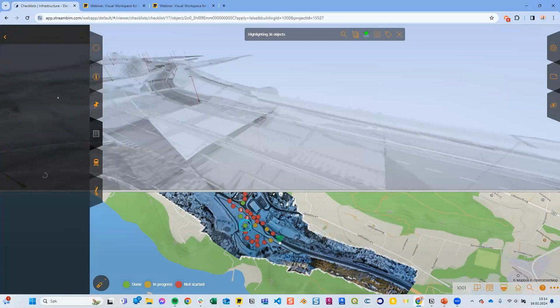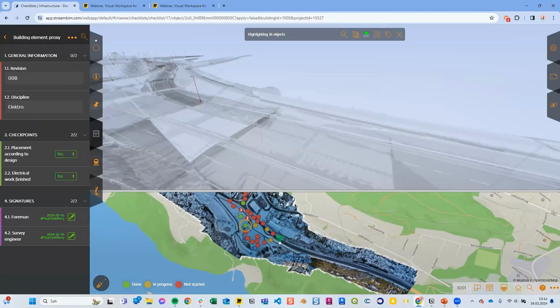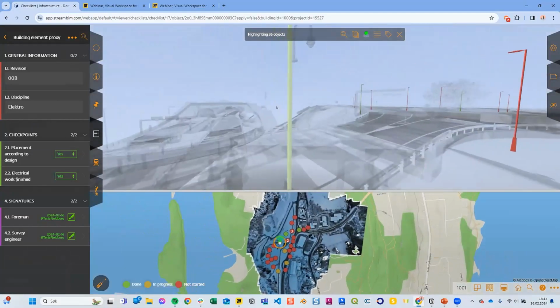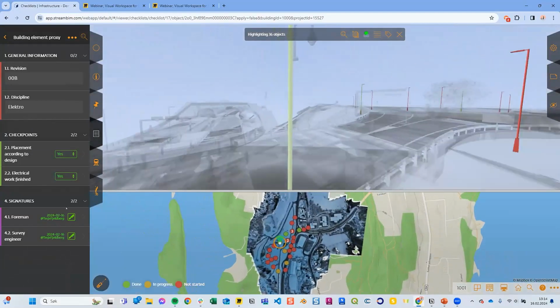And I can click on them and then jump to it if I want. And I see that this one is filled out. These first two are BIM property values, so it's automatically gathered from the object the checklist is assigned to. So when I assigned this checklist a few minutes ago, it picked up these values from these two properties that I've set it up to do. So it does it automatically.